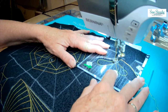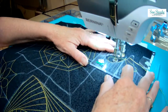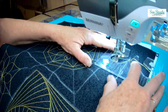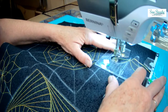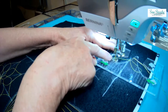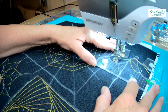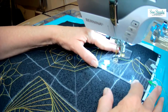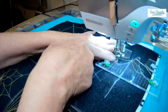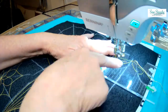So I'm going to stitch back over this, and I think I did move my ruler a little bit. Let's see what happens here. I'm going to kind of fake this a little bit. And I'm going to come up so that my needle is lined up. No, it's not. My needle is going to be lined up with that 4th line. I really moved my ruler. So it happens. Okay, so I've got my needle lined up on that line. Now I'm just going to slide my ruler up. My center line is still